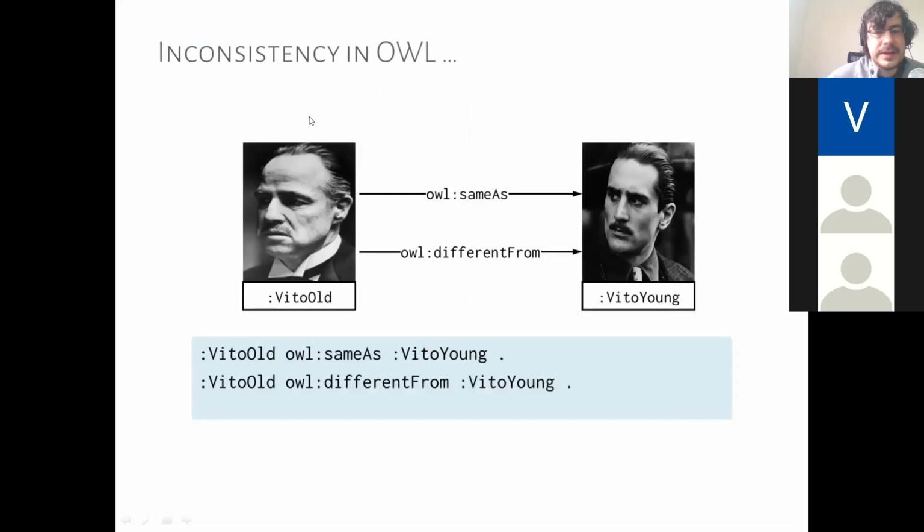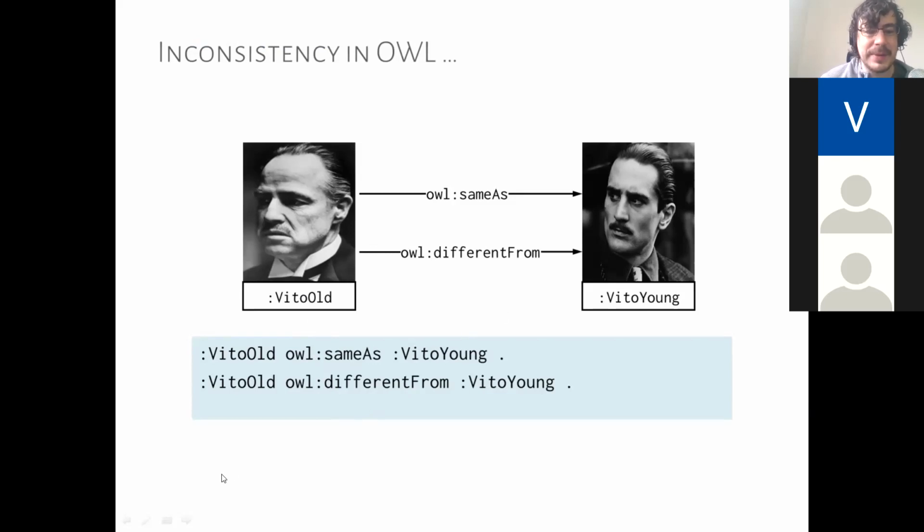We have as well some notion of inconsistency in OWL, which is not really in RDFS. We can have some sort of syntactic inconsistency, some weird things, but there's no natural way of doing this. In OWL, inconsistency is a main feature of the language. So if we say, for example, Vito old is the same as Vito young and Vito old different from Vito young,